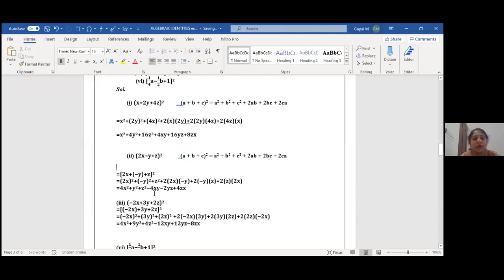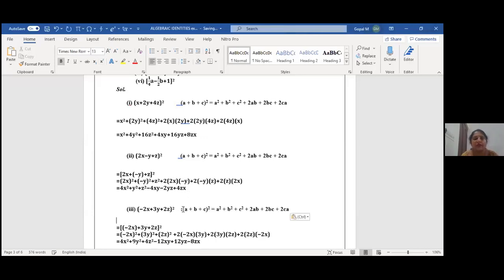Any doubt in this one? Fourth term. Next, fifth term. Negative sign is there. Plus into minus, minus 2yz. Here all are positive terms. 2 2s are 4, zx. Any doubt in second question, children? No, ma'am. Okay. Same thing, third one. That's why I gave these 2 questions as homework, children. Am I clear? Yes, ma'am.